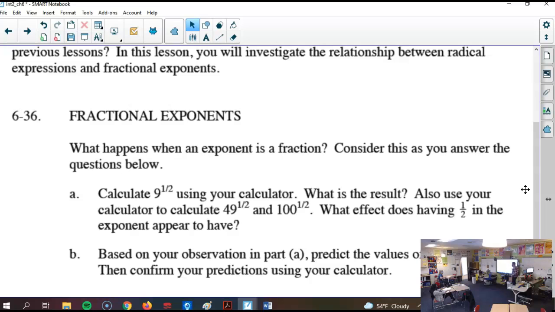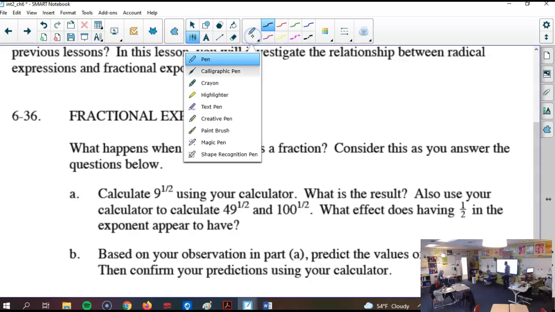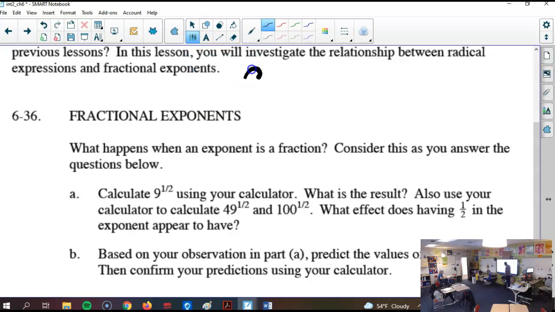All right, when we raise a number to a power, this is probably going to be a pretty quick lesson. When we raise a number to a power, what does that mean? It means multiplying it by itself. It means repetitive multiplication, right? So if instead we raise that value to a power that is a half,